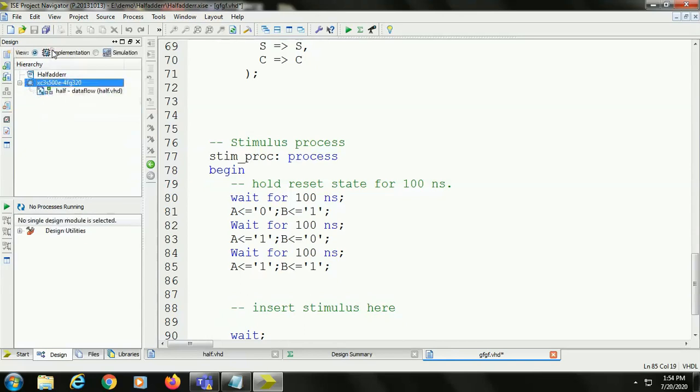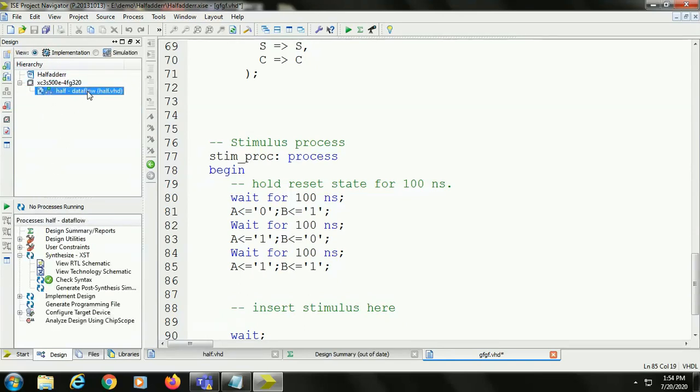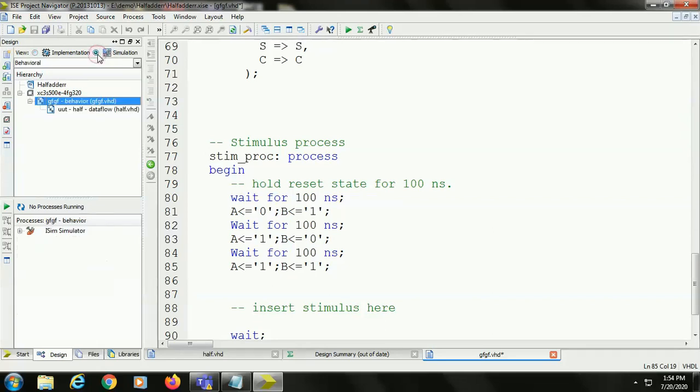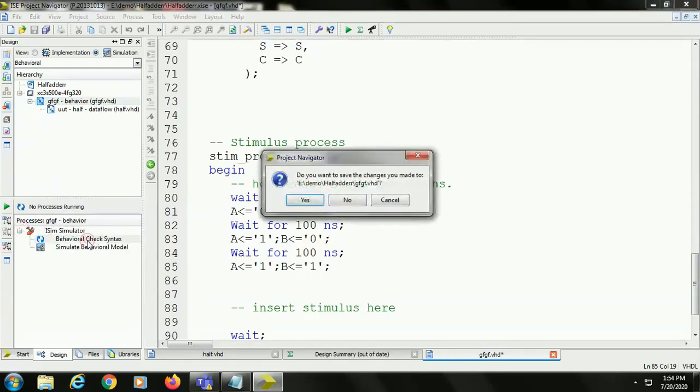Observe here, if you click on implementation and click on this one, you will get different things here, like check syntax, RTL schematic, all these things. That is for checking the syntax of the general VHDL module program. If you click on simulation, for simulation purposes you are using the iSim simulator here. If you click on simulation only, then you can get the iSim simulator option. Then click on this test bench program, and you can see the iSim simulator here. If you click on this here, you are not in the iSim simulator. You have to check the behavioral check syntax for checking the syntax.